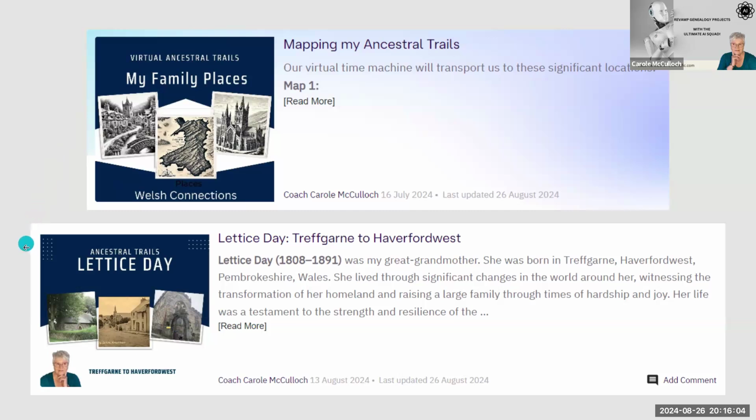And specifically, I'm looking at the journey that my great-grandmother took inside Wales during the period of her life between 1808 and 1891. And inside those ancestral trails, you can link to the places and tell people the details about the town, the village, the county, the buildings, whatever it is that you want to do to share those ancestral trails.